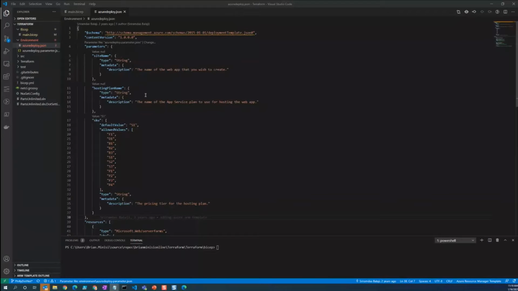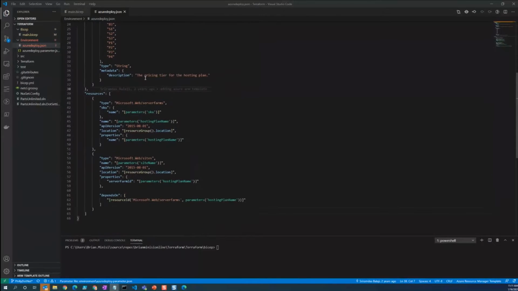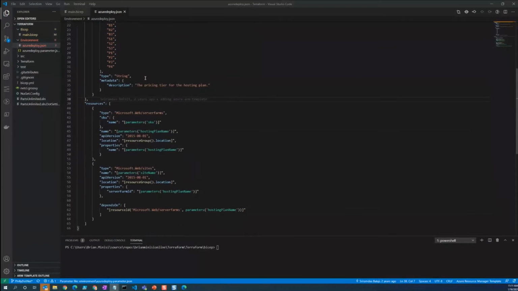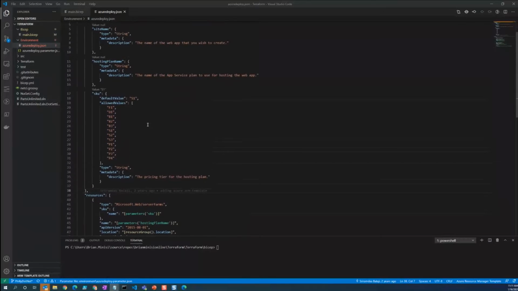All right, so here I'm connected to a repo in Azure Repos. I have an ARM template here that we want to actually write out as a Bicep file. So we're going to take this JSON and write our code. You can see how many lines this is, how complicated it looks. And this is a very, very easy ARM template. It's as simple as you can get. It's just an app service and an app service plan. When you get into heavy duty infrastructure, these ARM templates can really explode and get super complicated.